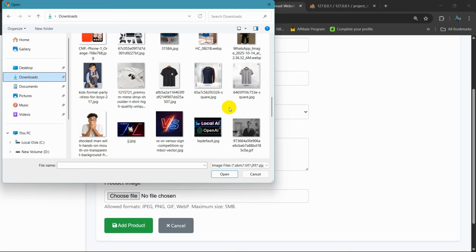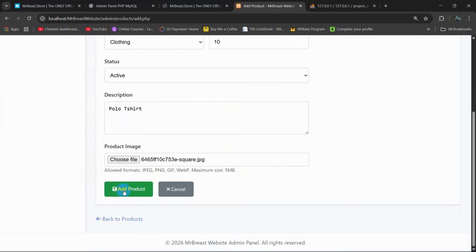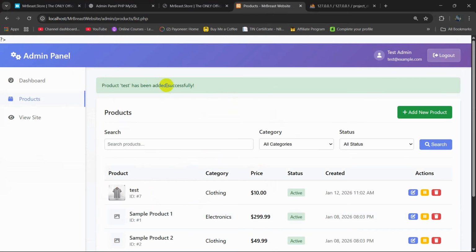Let me choose an image. Let's add this image. Click on open, and right now I am going to click here add product. Product added successfully. So if you face an error, just paste it in the open code, or if there is a broken image, again just say open code that there is broken image, fix it for me, and